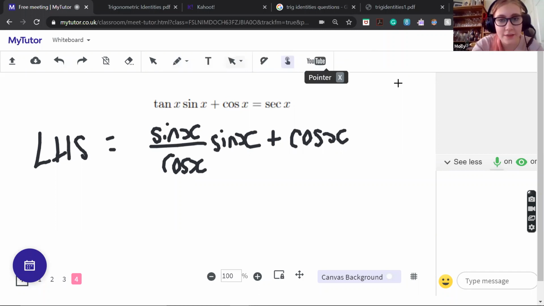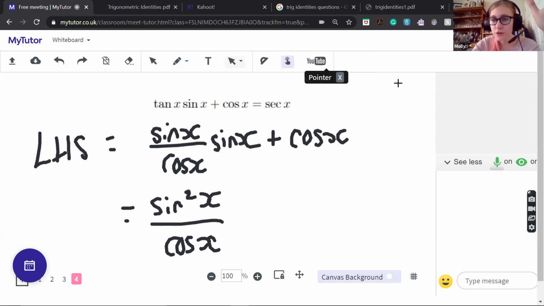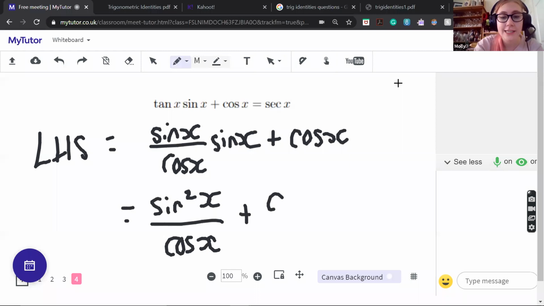And then we can see here that this becomes, so I'm going to do two things in one. I'm going to multiply and just make this one fraction, so it's just going to become sine squared x over cos x, just multiplying that fraction in. And then because we want to combine the fractions, and this is something that you'll probably do a lot, we want to write cos x as something over cos x, because then we can actually add these fractions together. So if we write it as cos squared x over cos x,